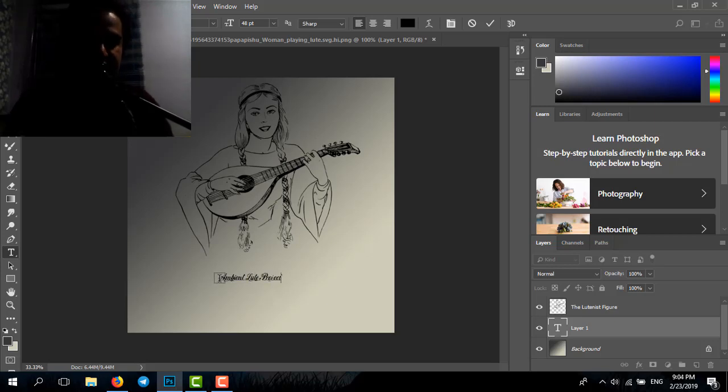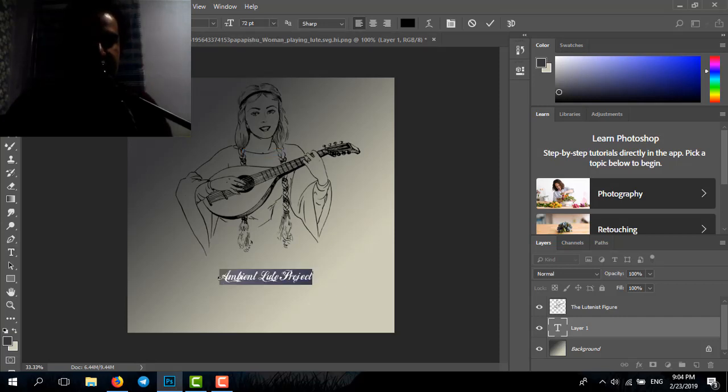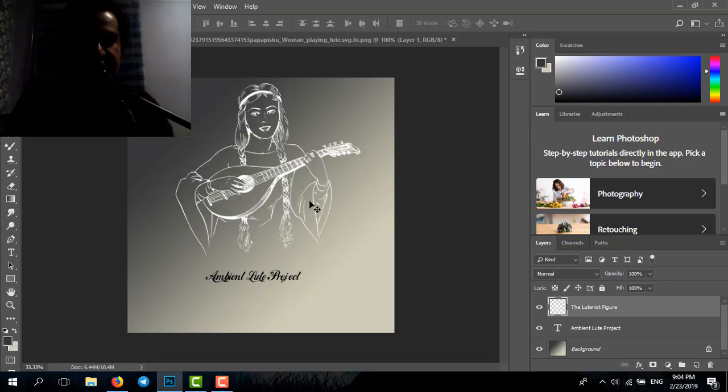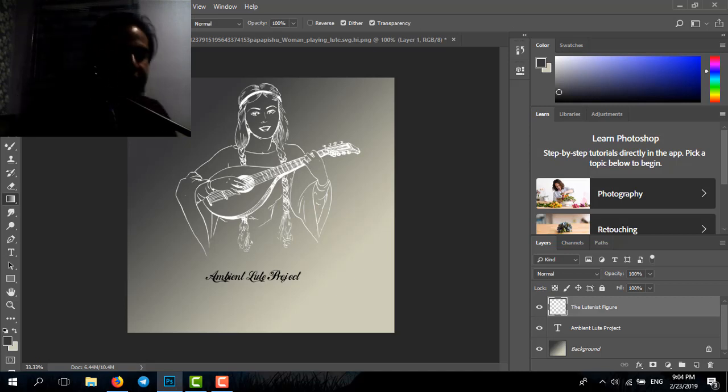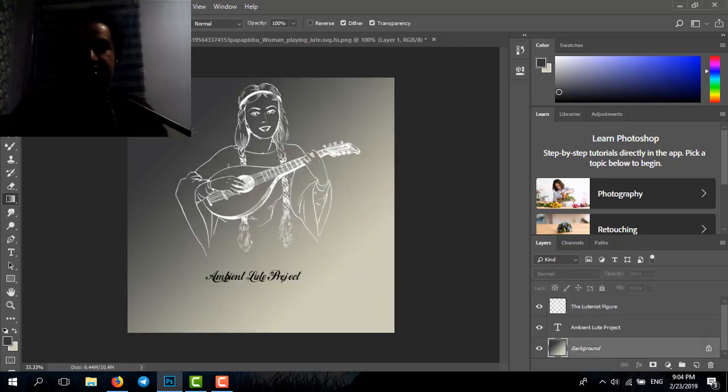Ambient Lute Project. I know this is not that professional, so my fellow designers don't really blame me for less than epic cover art, but this is the actual thing I could do. So let's invert the colors of this woman. Yeah, that really looks cool. Again, in the gradient effect, in the background, of course,